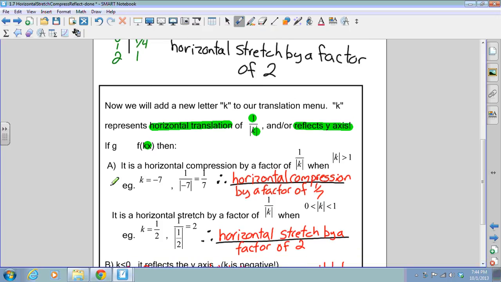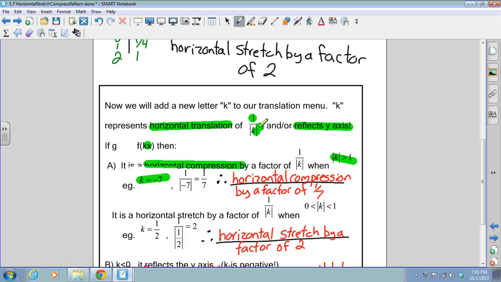Okay? If in example A we're looking for a horizontal compression, then we know that the absolute value of k has to be greater than 1. So your example would be k equals -7. Again, the negative part just tells you that you're going to reflect over the y-axis, but the 7 part is what we're concerned about. So again, you put it in 1 over the absolute value of k,